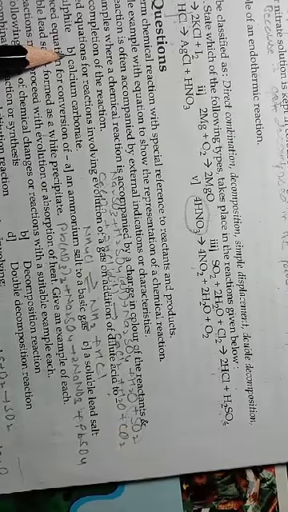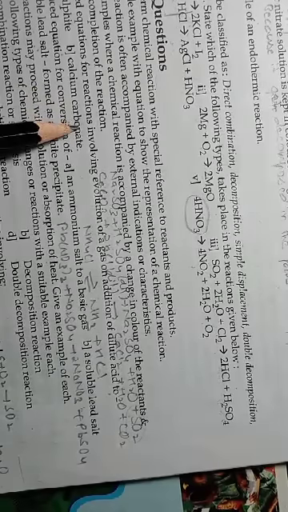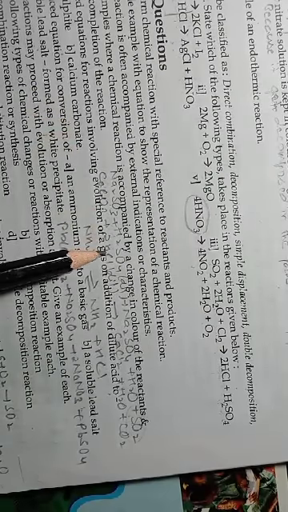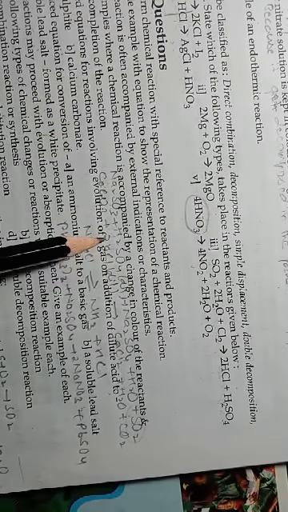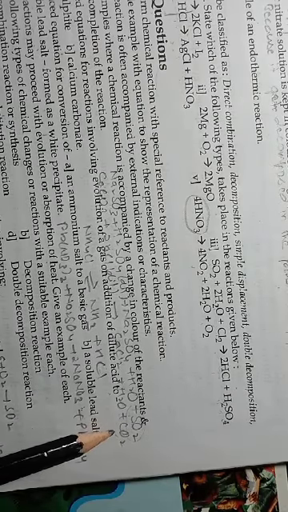Okay, students. In B part of this question, calcium carbonate is added with dilute acid. So you can use any of the dilute acids like HCl or H2SO4. So if you are using HCl with calcium carbonate, then calcium chloride plus H2O plus CO2 will be formed. CO2 is a colorless, odorless gas.